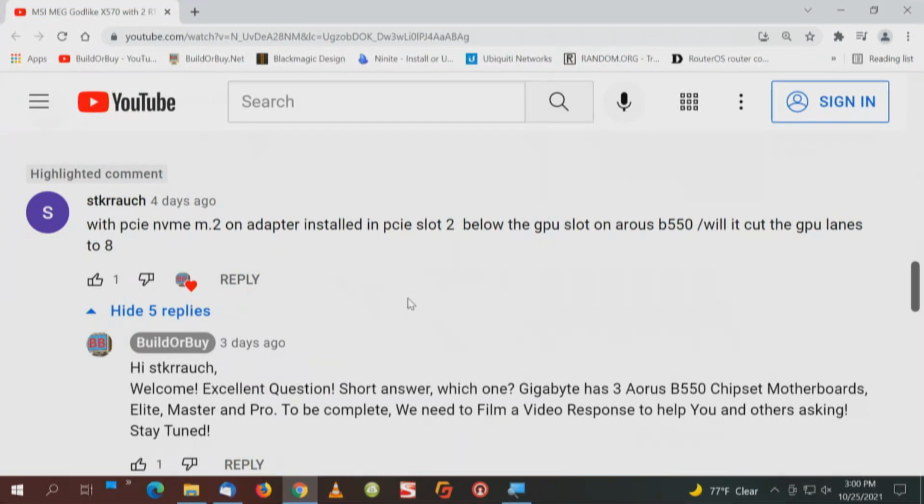With a PCI Express NVMe M.2 on an adapter installed in PCI Express slot 2 below the GPU slot on an Aorus B550, will it cut the GPU lanes to 8? Yes, that's a mouthful, but so much so, we've had several comments and I haven't had any feedback yet from that viewer. And I think the best way to do this is to first of all, let's look at this